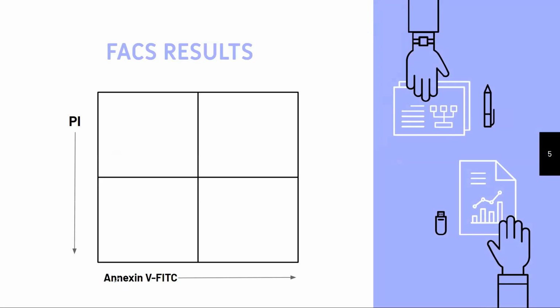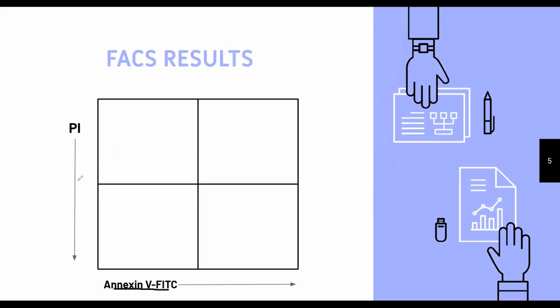So, at the lower end, we have annexin V, and here in the upper end, we have PI. Correct? Now, first of all, let's see what is there in annexin V and what is there for PI. To understand the marking, consider a number scale. In the number scale, you have 0 at the center. When you go to the left, it is negative, and when you go to the right, it is positive. Similarly, consider this line as your 0. So when you go to the left, this will be negative and this will be positive.